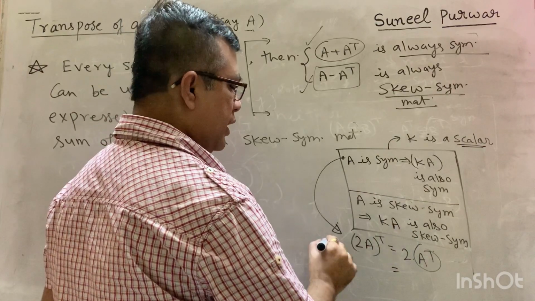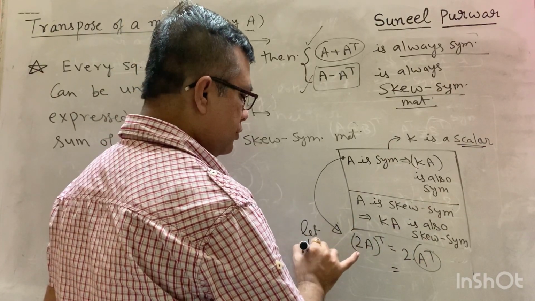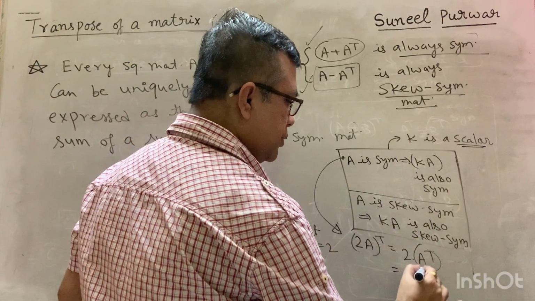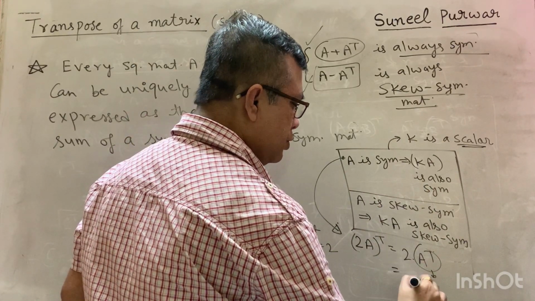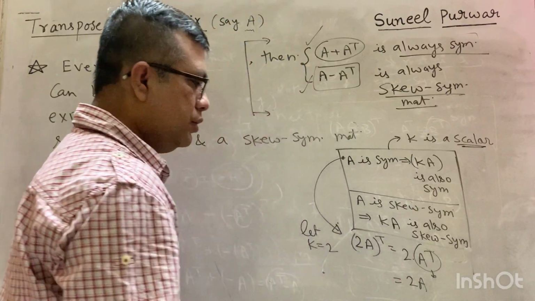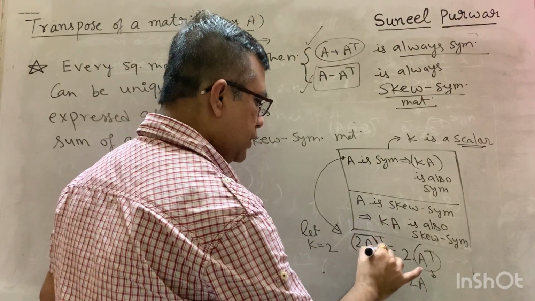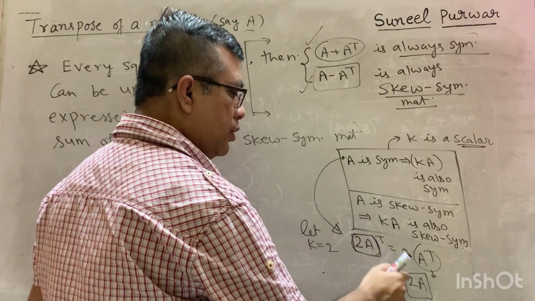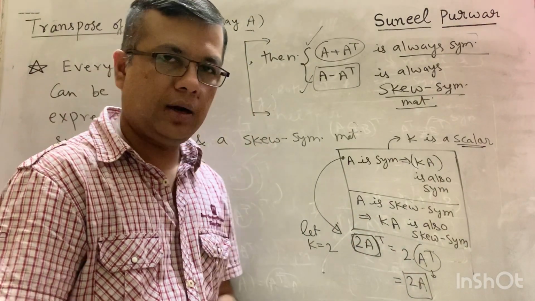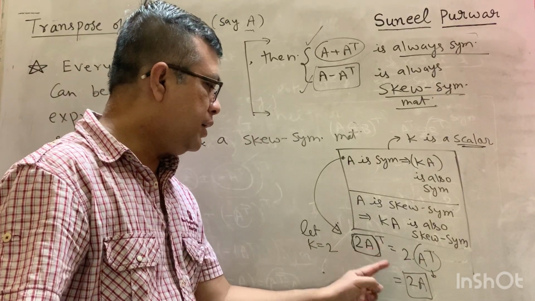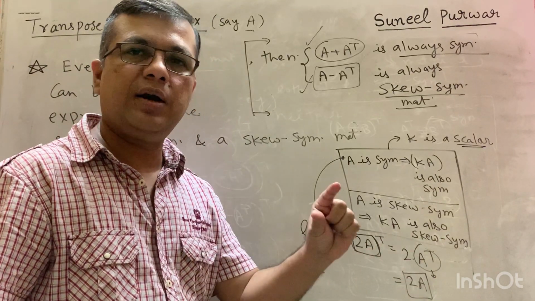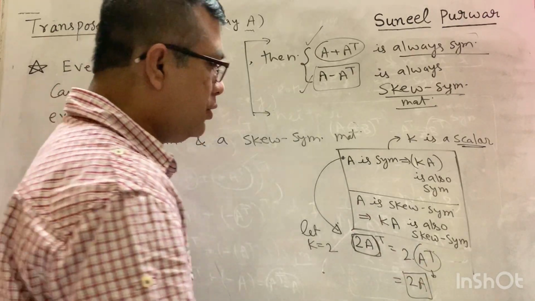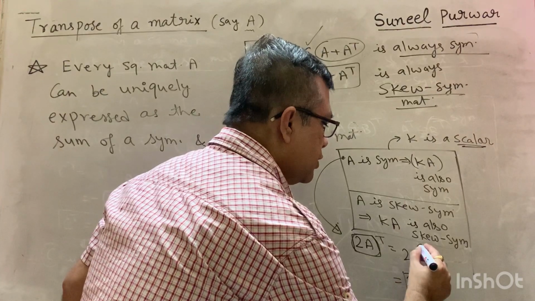सो मान लो हमने K की वैल्यू 2 ले ली, let K is equal to 2, उसके लिए प्रूव कर दे रहा हूं. So A is symmetric matrix. So A transpose is what? A. So this will become what? 2A. So you see, for this matrix 2A, the transpose is equal to the same matrix. Understood? Transpose of 2A is equal to 2A. That means 2A कैसा matrix है? Symmetric. And why could it be possible? Because A transpose was equal to A.